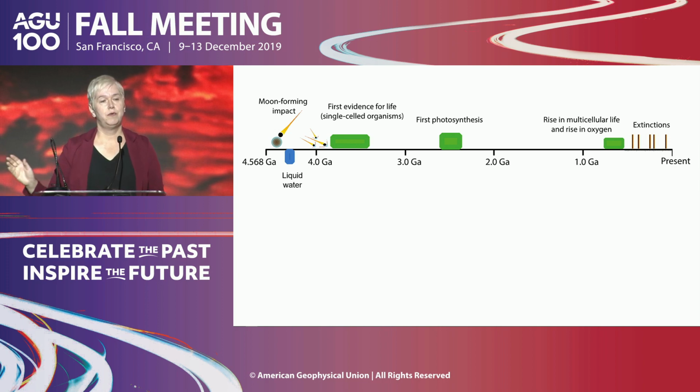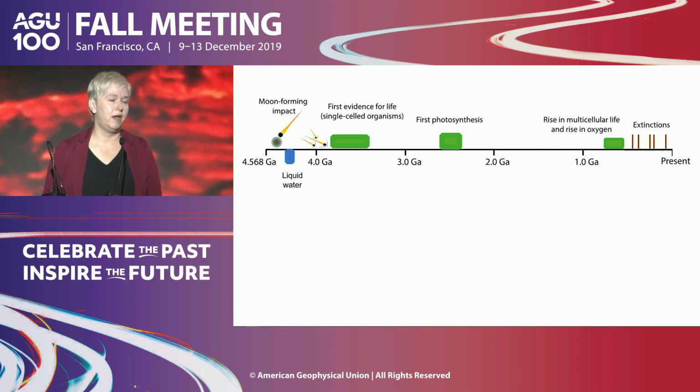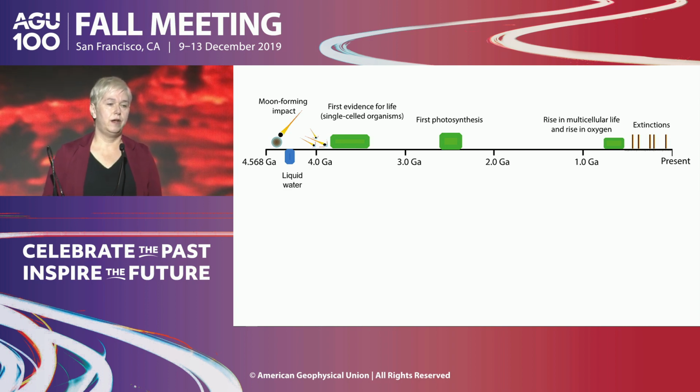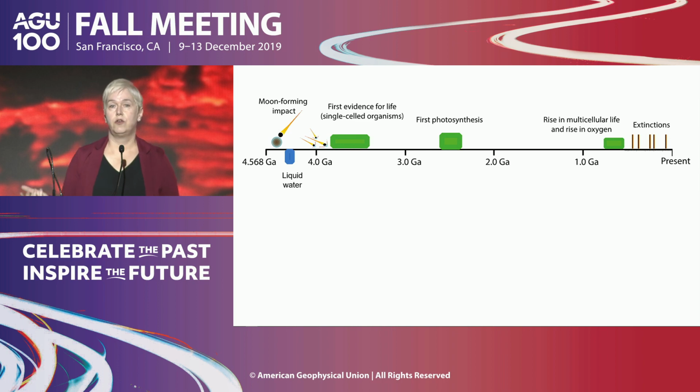And of course, in between, life arises and it complexifies, and then we're able to measure extinctions. But we're sticking way on the left-hand side of this timeline. You see the blue dependent, almost like a drop of water with liquid water underneath it. That's the information from the Jack Hills zircons from Australia, based on oxygen isotopes, showing that they were formed from wet crustal rocks. So by that time, which is 4.3 billion years ago, there was a clement condition on the surface